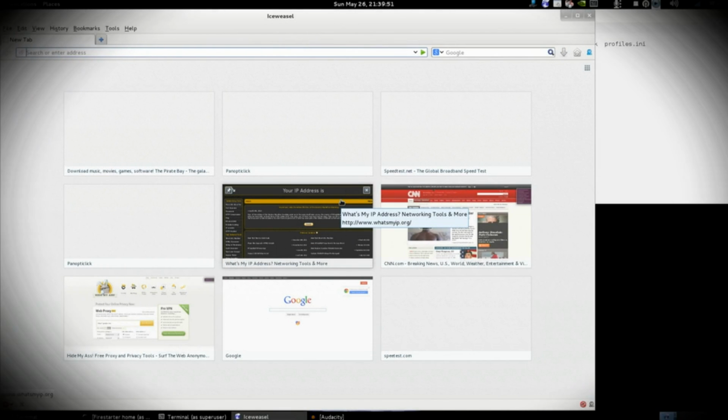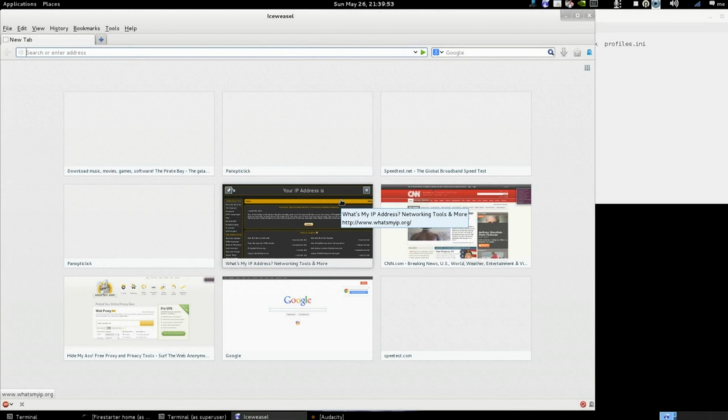Hello, I'm creating this video just to hopefully help at least one person understand how to browse a little bit more privately on the web. In this specific example, I'm using Linux. I'm also using Iceweasel. This can be done with Firefox. Iceweasel is essentially Firefox. So basically this is a tutorial for Firefox and does not apply specifically to Linux, even though I'm using Linux. So, to start off, I'm going to disable all of my add-ons